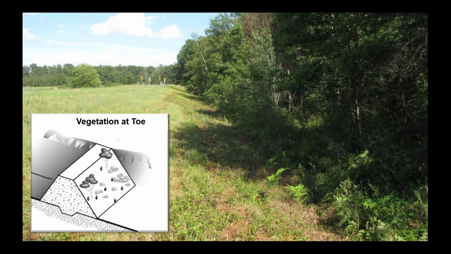Another concern, a problem related to seepage and embankments, is the uncontrolled vegetation. In this case, it's at the toe of the dam. And you can say, well, why would that be a problem? Here we're doing a great job mowing the downstream slope, the crest, there's no vegetation, but at the toe of the dam, there's a problem. And the reason that can be a problem is